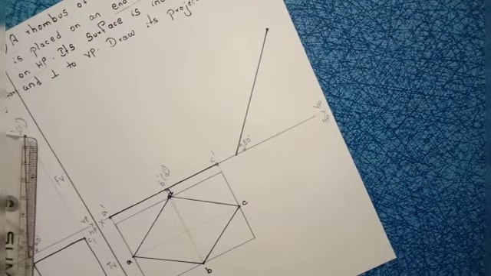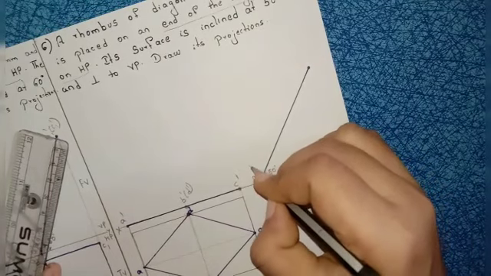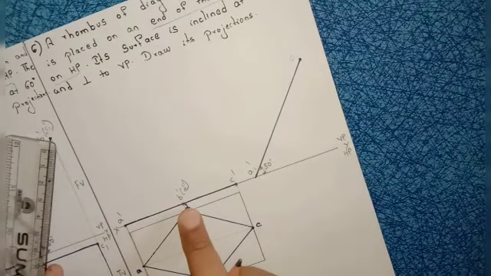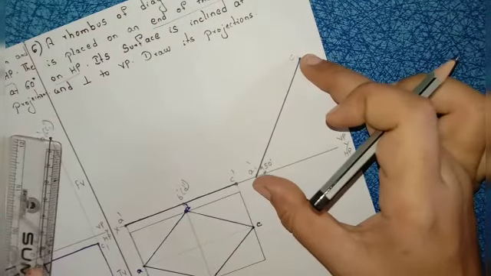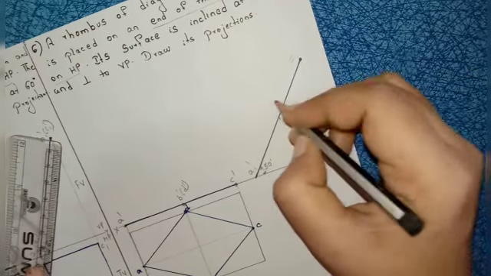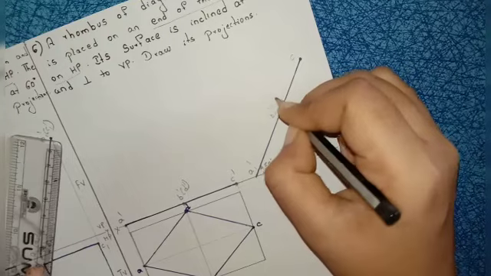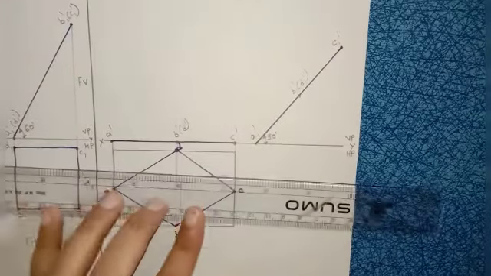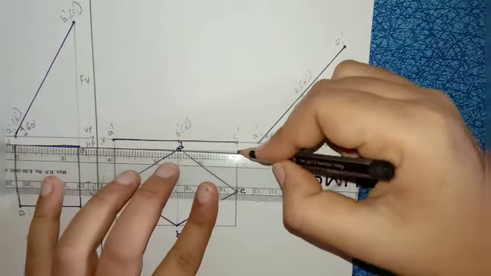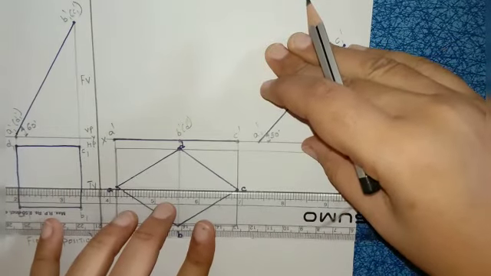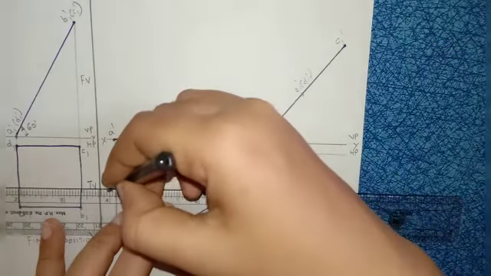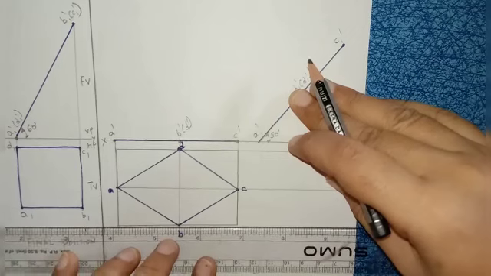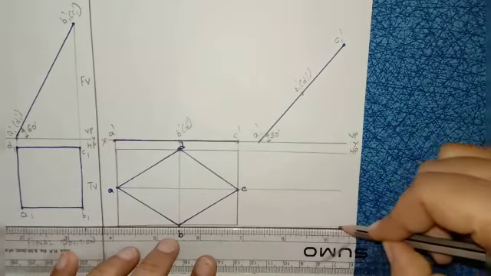Right, now the starting point is A1 dash, the ending point is C1 dash. A dash to C dash is 70, so mark the midpoint at 35 mm. Mark here B1 dash or D1 dash. The same line I am drawing here with an angle of 50 degrees. After that, from every corner, from D, draw the horizontal line. From A and C, draw the horizontal line. From B, draw the horizontal line.